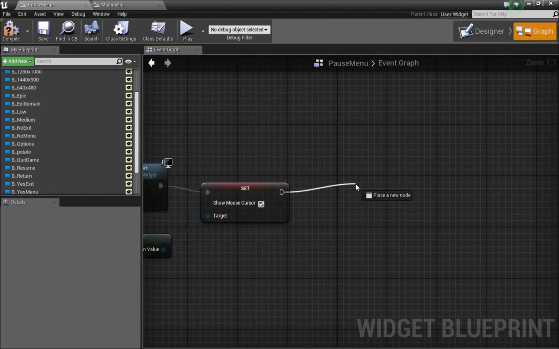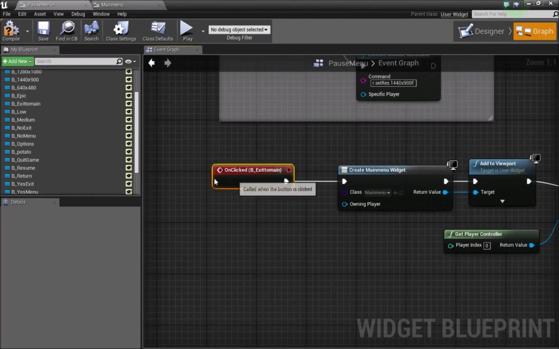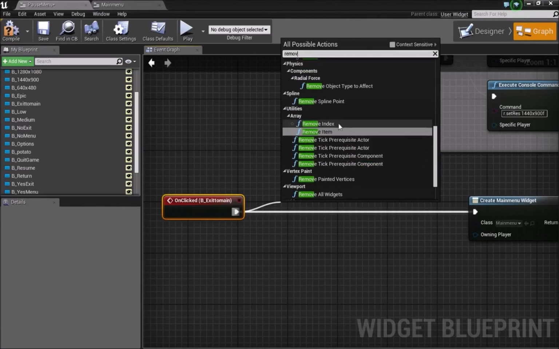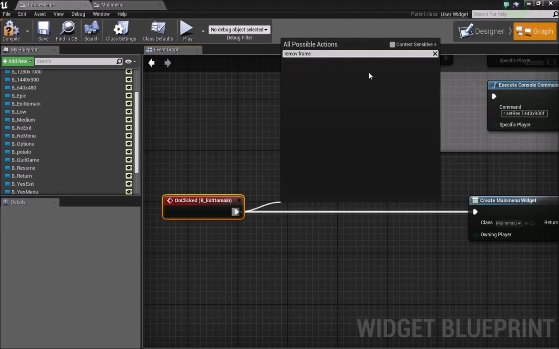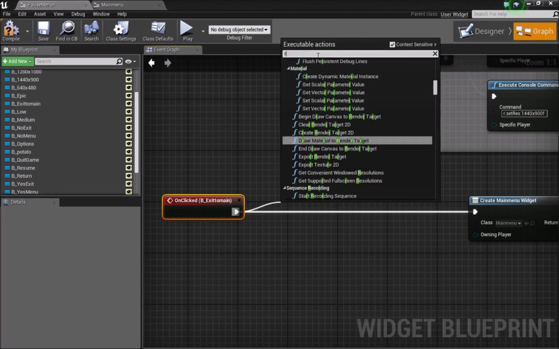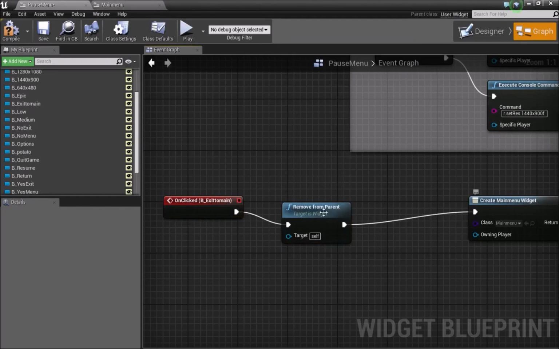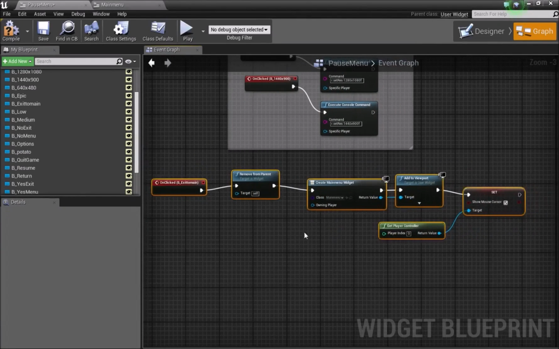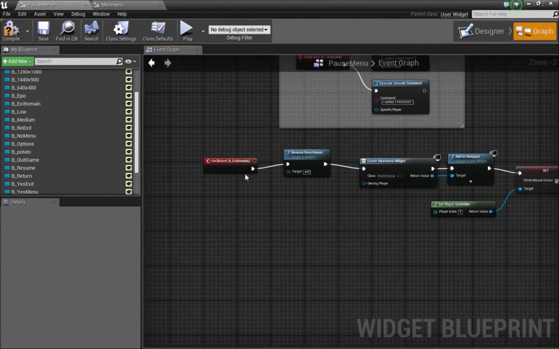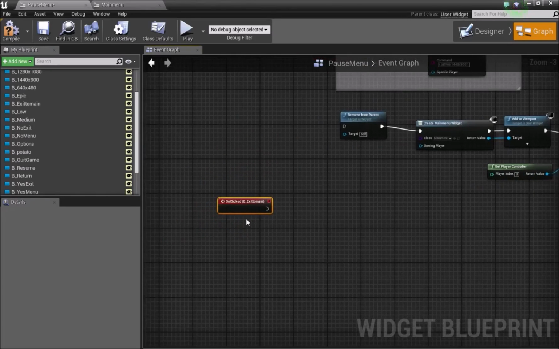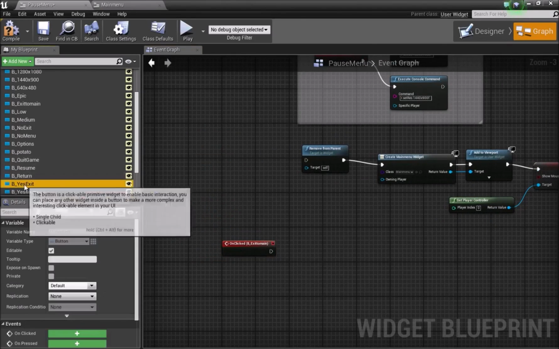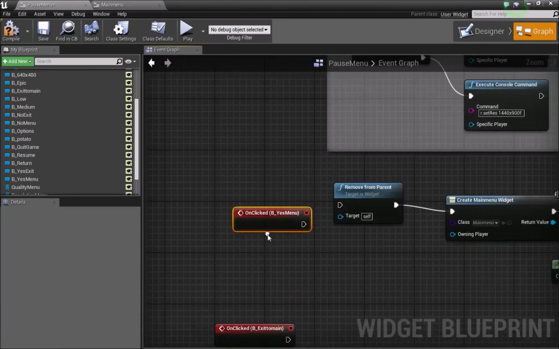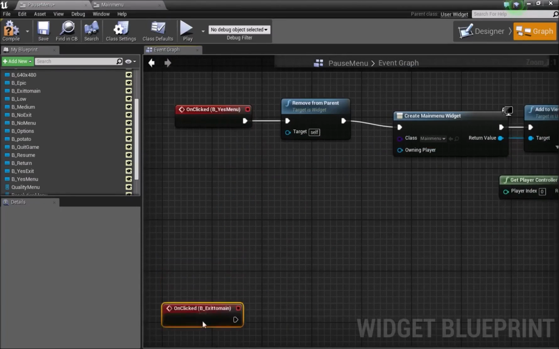Okay, so all this, and what we might also want to do is, on exit to main menu, first of all, we want to remove from parent. So we want it to remove itself first, and then we want it to cast to open the new main menu. Or actually, what we want to first do is, say of course, yes menu on clicked. So when he clicks yes on that menu, we want to do, okay, just cast it there,